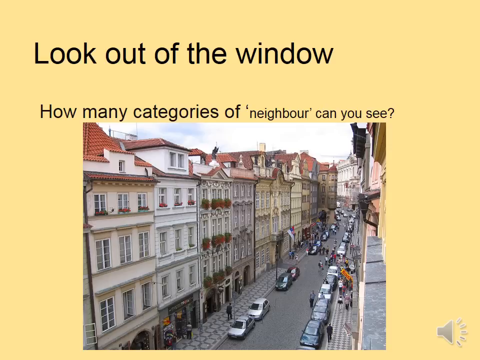There are various pedestrians wandering down the middle of the road. You've also got cyclists who you would owe a duty to, and all of those people would also owe a duty to each other. And quite simply, you owe a duty to your actual neighbours. You can't, for example, put loads of rubbish outside their front door so that they fall over. You can't damage their property by something that you do on your property. So essentially, everybody that you see in that picture and every category of person who could be in that picture owes a duty to everybody else.